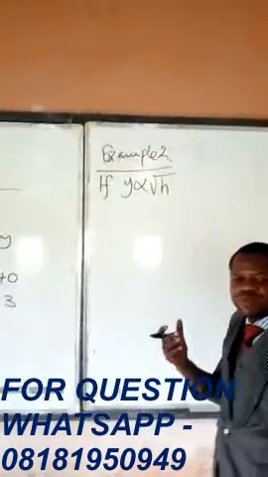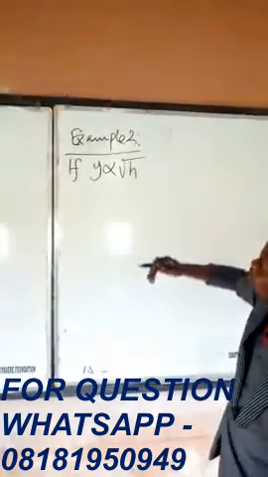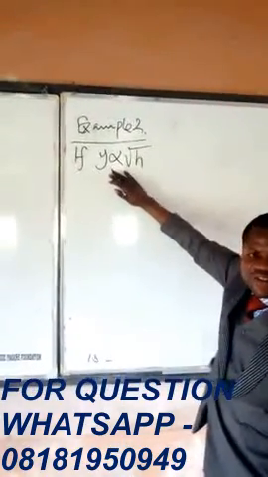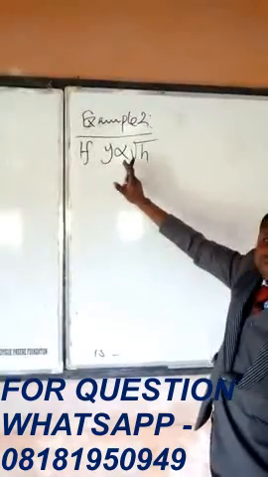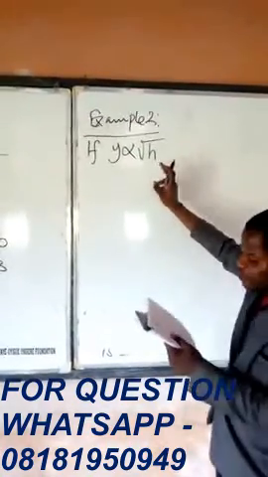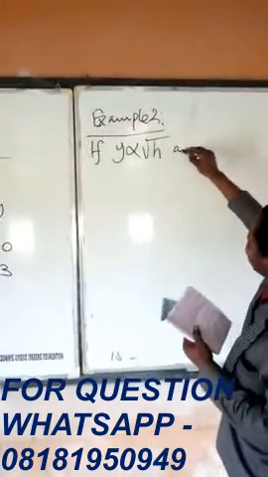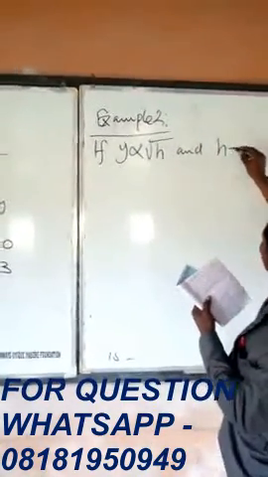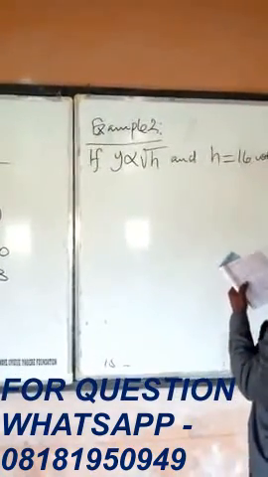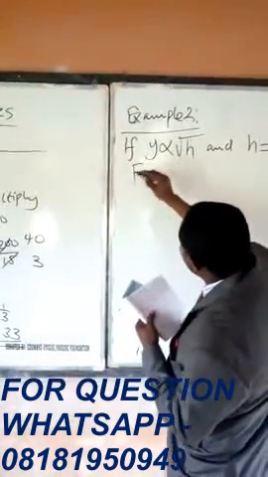Sometimes they may put it in sentence form, sometimes they will translate it for you. This is translated already. It reads, if y varies directly as the square root of h, and h equals 16 when y equals 9. The question now is find